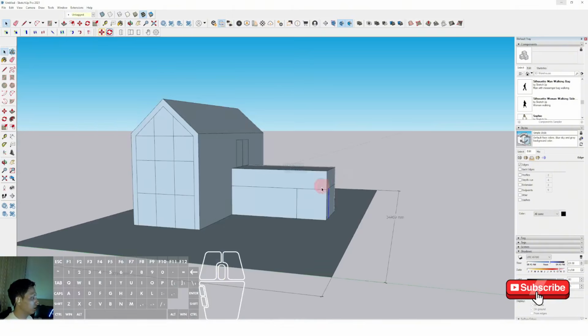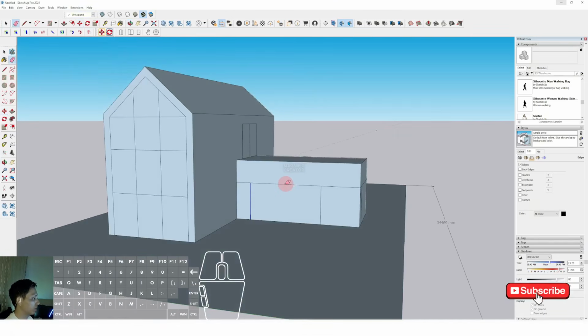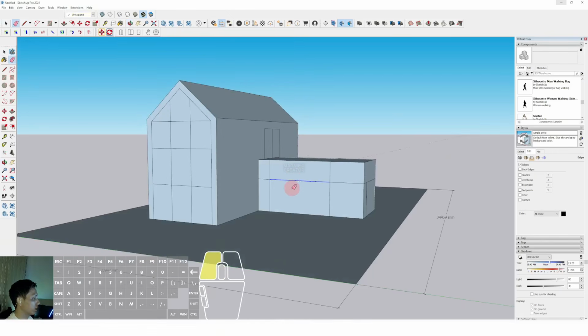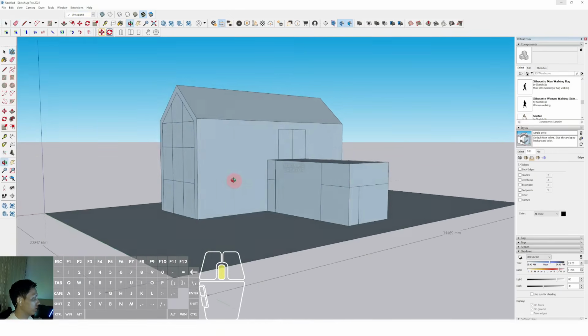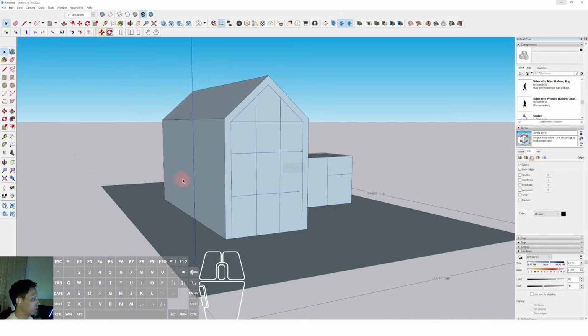Okay, and also this one, we can select move, type control again around 1 meter. Okay, so this is the basic meshing of the Scandinavian house. And after that, we can assign the materials of this house, and we can also